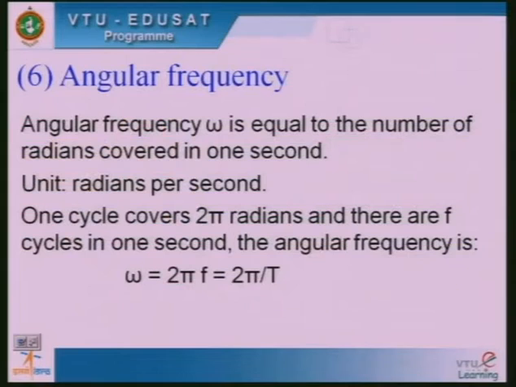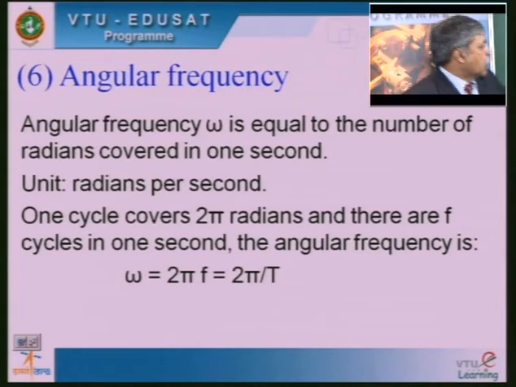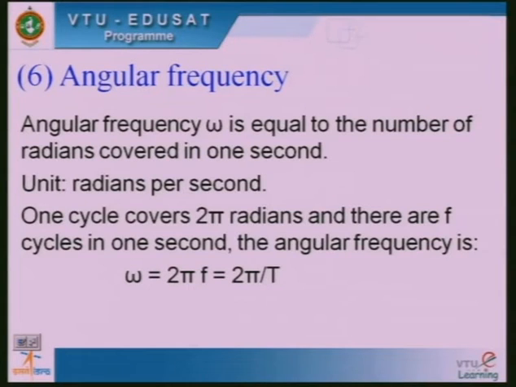So after this I have an angular frequency. Angular frequency is equal to the number of radians covered in 1 second. One cycle covers 2 pi radians and there are f cycles in 1 second. So this relation will give us the angular frequency: omega is equal to 2 pi into f, or f is equal to 1 by T also I can call,